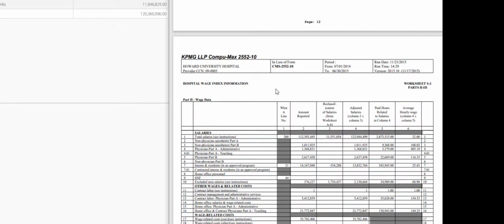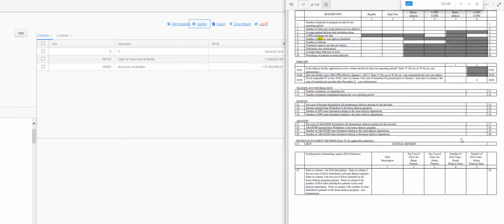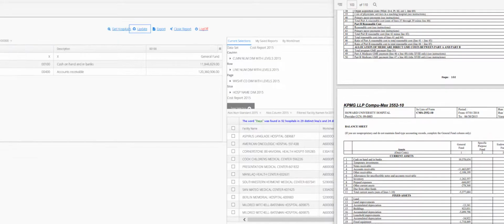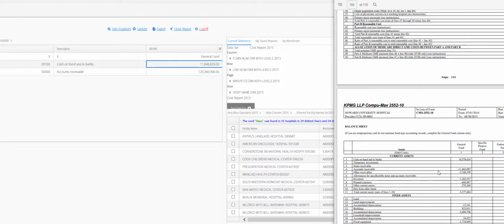So very quickly, I'll go to worksheet G, which is at the end, and just compare this data real quick, and then we'll do a comparison. So as you can see, the data is in here, and you can very quickly compare this to the data that's actually on the cost report itself. This so happens to be the cost report of 2014, and this is 2015. So that's where the difference comes,